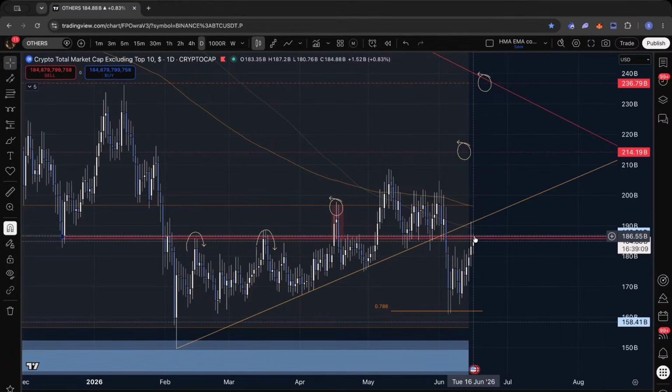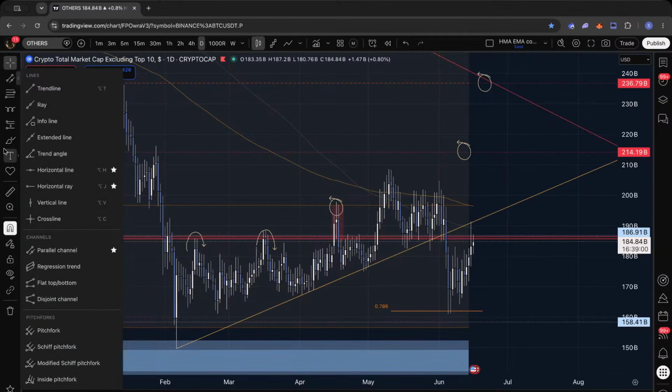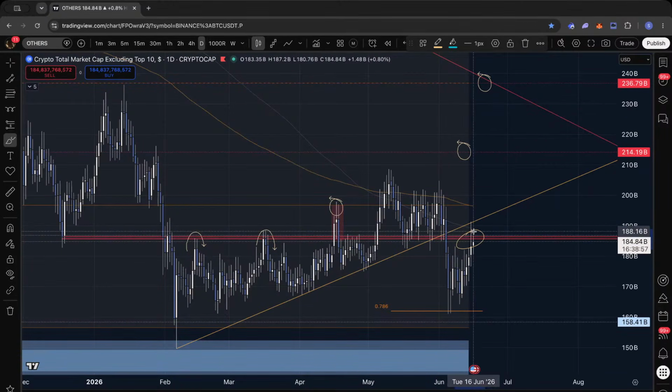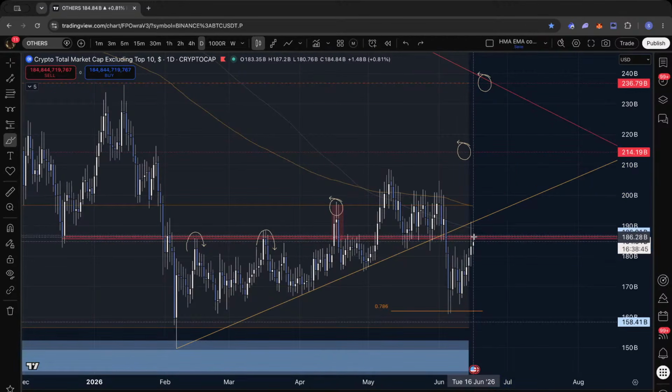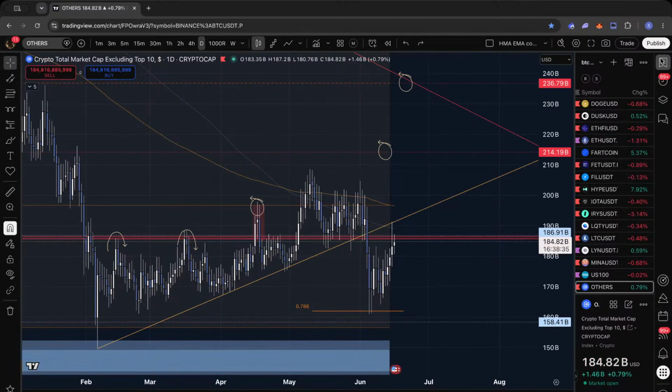Right now we have two rejections, and that means weakness. We have two candle bodies rejecting the previous key S&R already. So as long as I don't see something like this, I'll bid again here and I'll sell here. I'm not interested in anything else than maybe some take profit from longs, and maybe some short that I'll show you on stuff like ZEC.